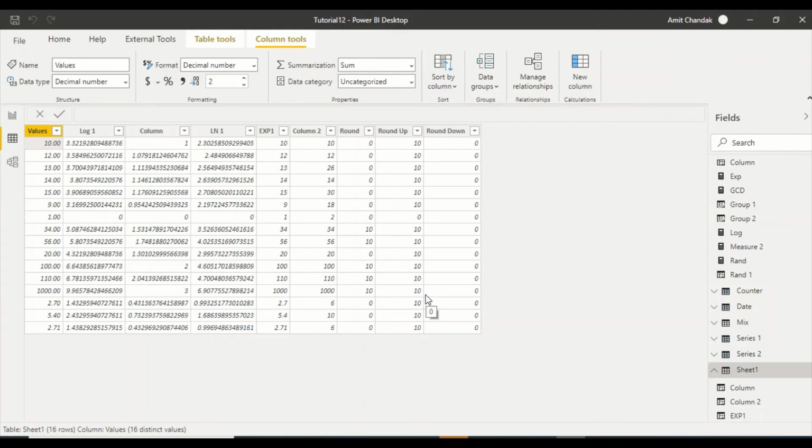So go ahead and try these out. What kind of results do you get? Are these results in the expected line or not? Sorry, these are the numbers, log 1, then this, because the log was 0, so this is how we got it. So basically let's understand how this number has come out. This is round and this is round up and round down. Look at this number, this is at 0, so this is coming 0, but all these numbers are kind of around 10 only. So we are getting either 10, or most of the time we're getting 0.